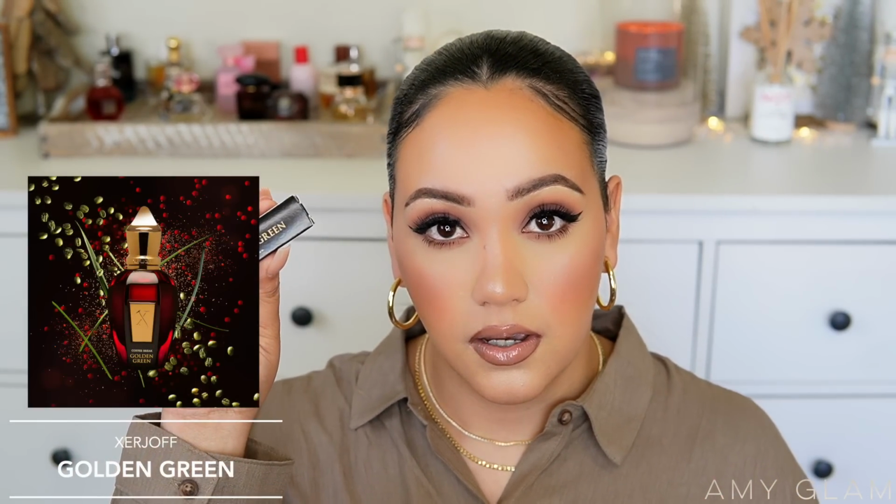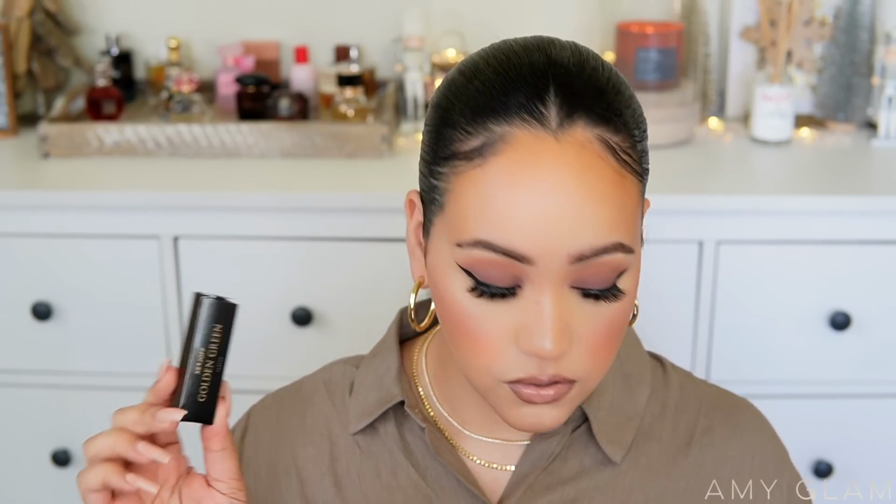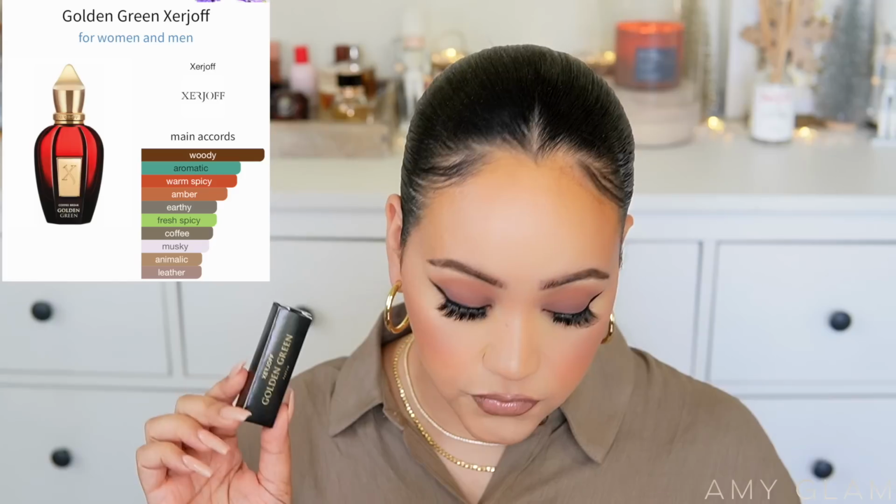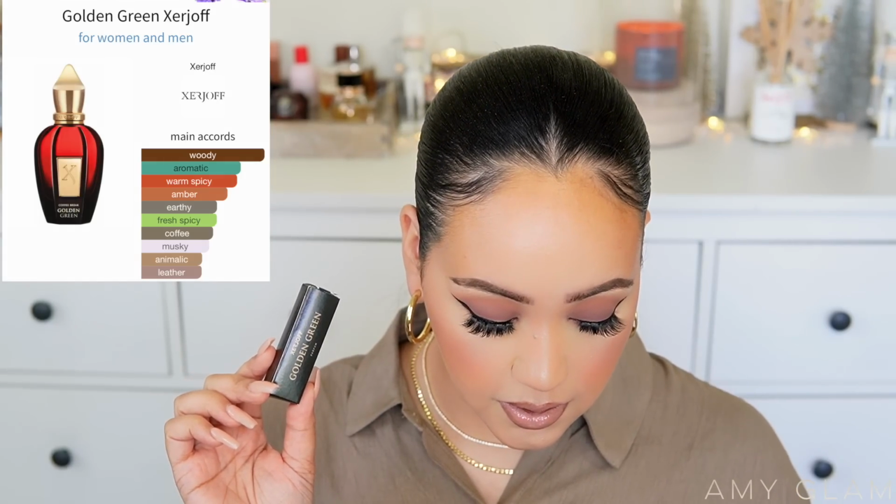All right, so we are going to start off with Xerjoff Golden Green. And I'm going to be putting a picture of the bottle as well somewhere on the screen so that you guys can see how the bottle looks. And the main accords for Golden Green are woody, aromatic, warm, spicy, amber, earthy, fresh, spicy, coffee, musky, animalic, and